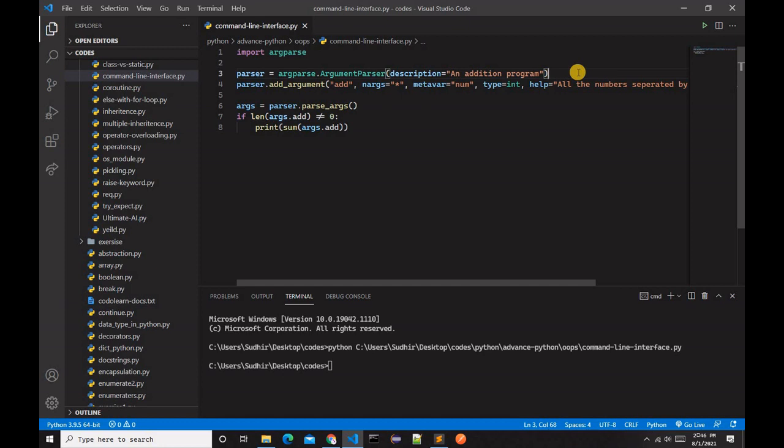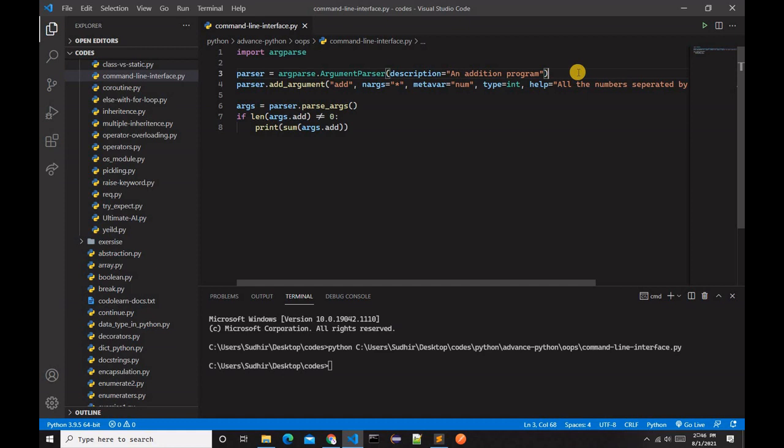A lot of arguments can be passed to the add_argument function. Here I explain the ones I have used in the above example. Argument 1 is add, which is nothing but the name of the argument. We will use this name to access the add argument by typing args.add.